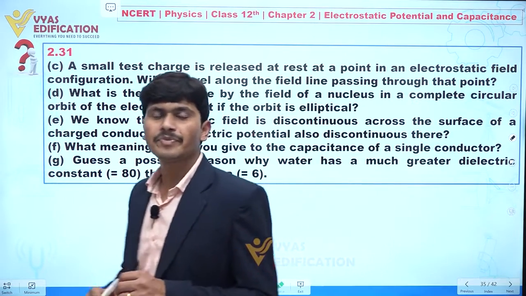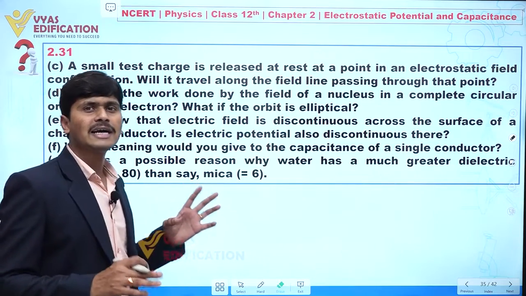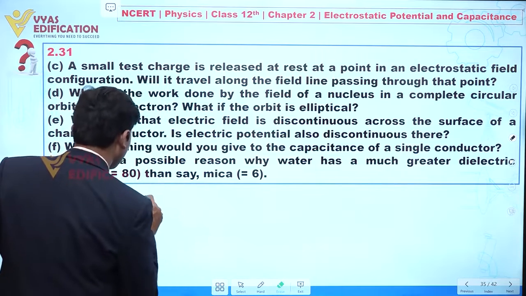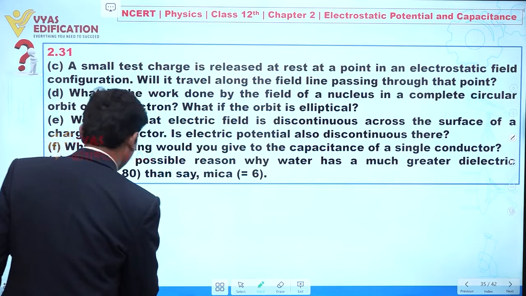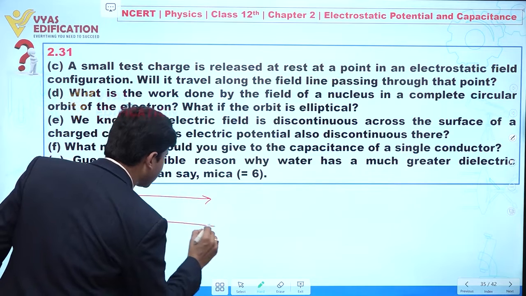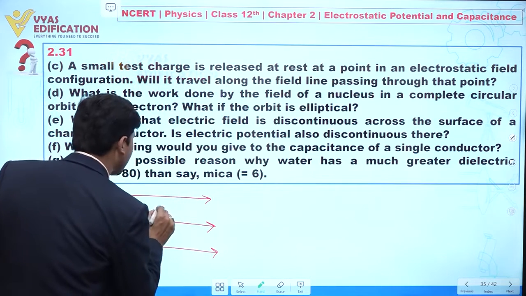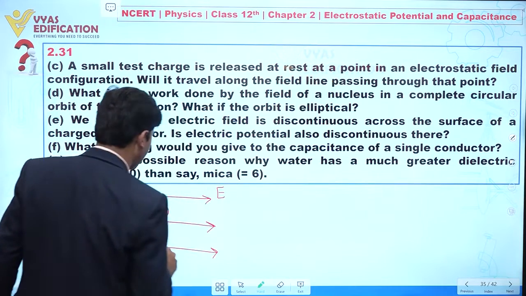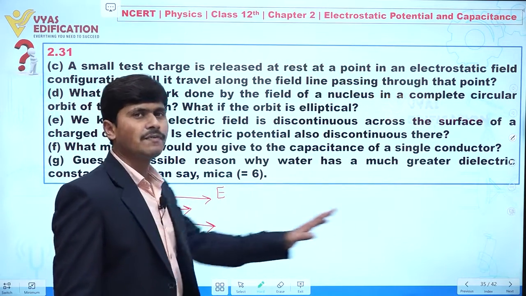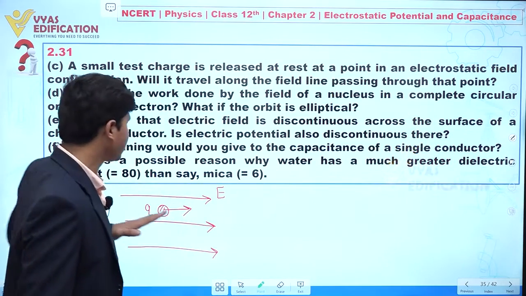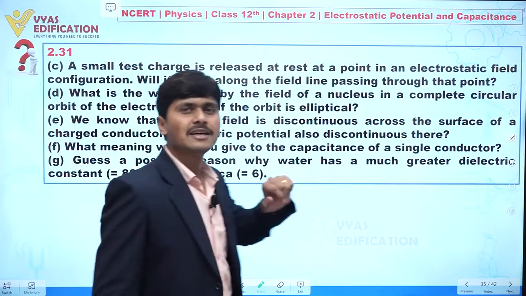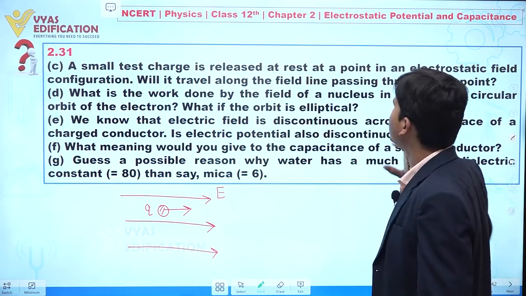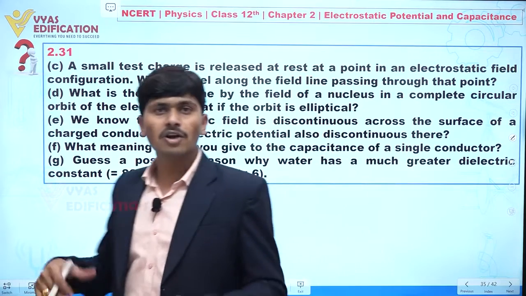Now listen carefully. Let's suppose here we have a charge, and let's suppose we are placing that charge in an electric field. Clear? So let's suppose this is a straight line, or let's suppose this is electric lines of forces. We are placing a test charge in an electric field like this. So this is E. Clear? Now we know when the electric field is in this direction, definitely we can say this charge will move in this direction. So we can say at that time a test charge is actually moving in the direction of electric field lines. But is it always possible?